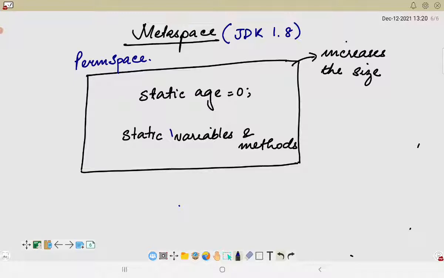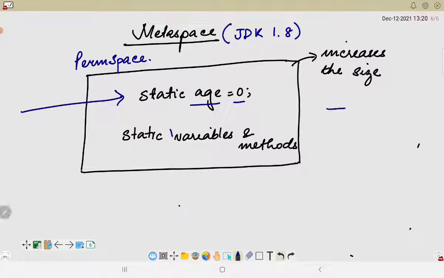So when this object is pushed to the tenured space, the remaining static members are pushed to this permanent space, and each of the objects inside the heap memory will have access to this particular static variable.